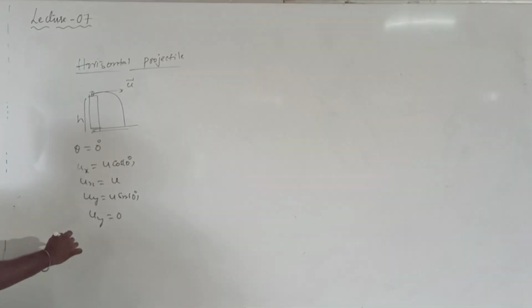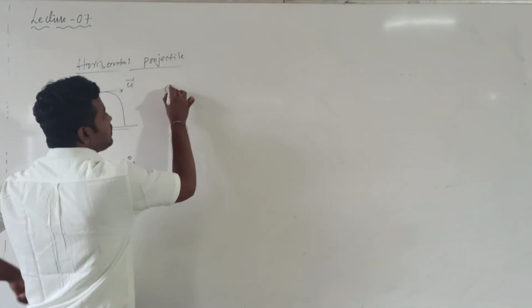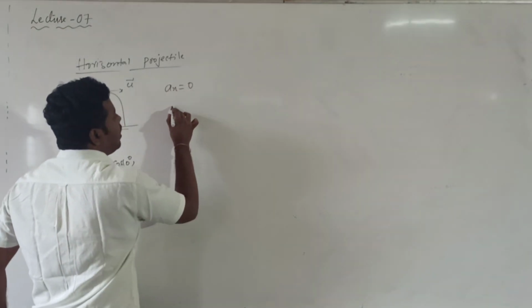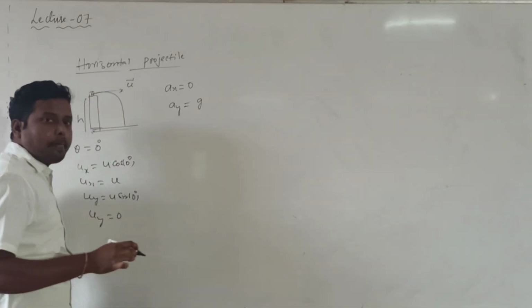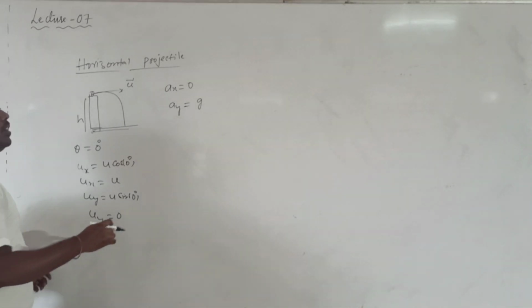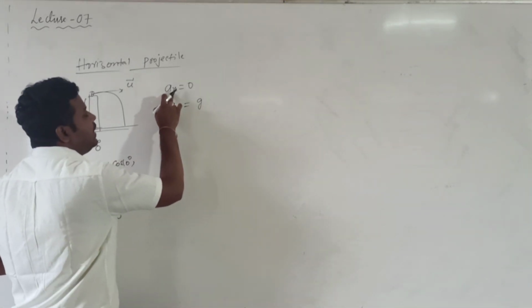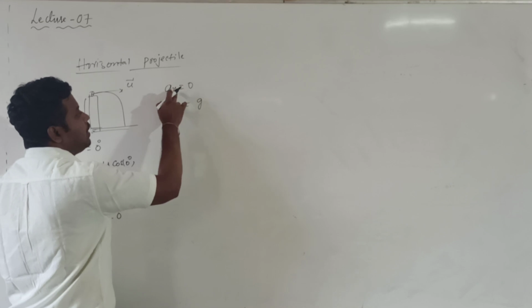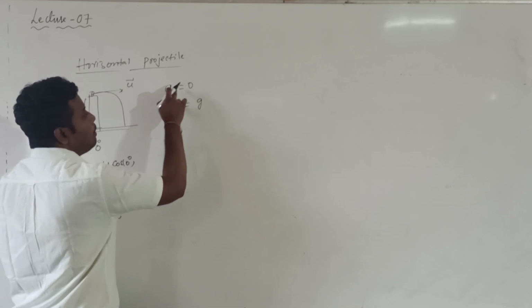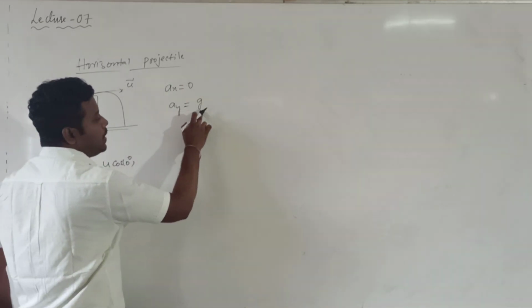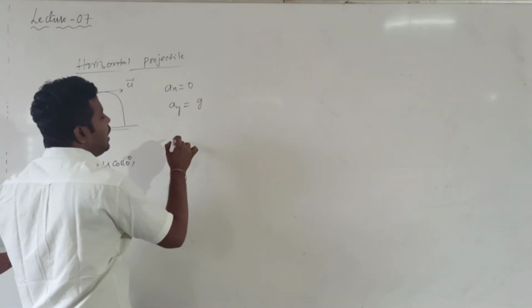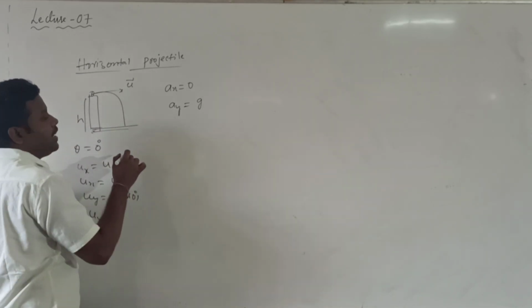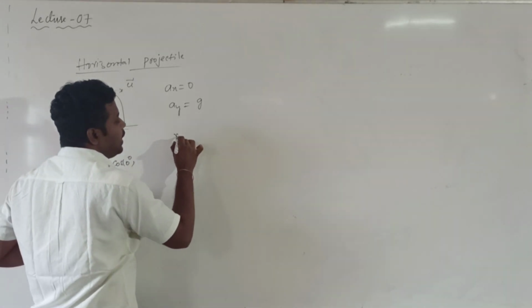And what about the acceleration along the horizontal direction? There is no acceleration along horizontal direction, so ax is 0. And ay value is plus g. Why is there no acceleration horizontally? Because the horizontal component of velocity and the acceleration due to gravity are perpendicular. Why is ay value plus? It is falling in the downward direction. Understood now? So for example, after t seconds, the horizontal distance traveled is x.